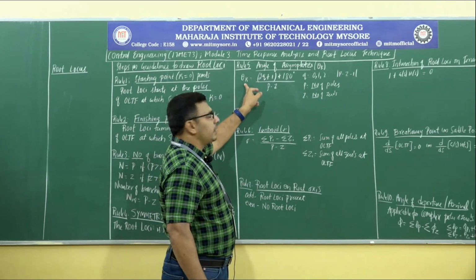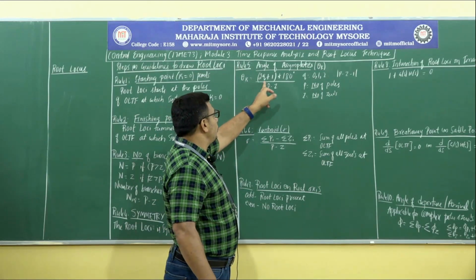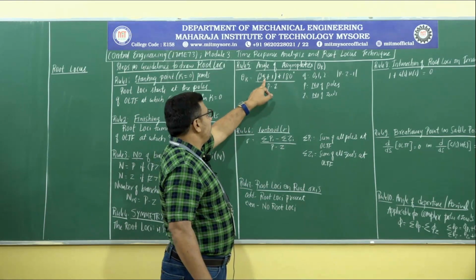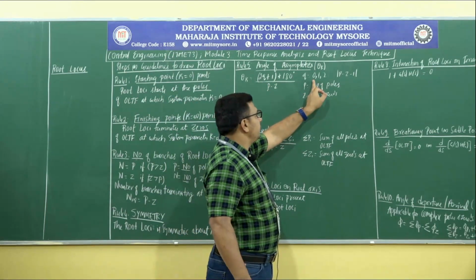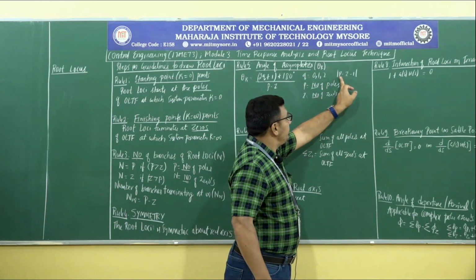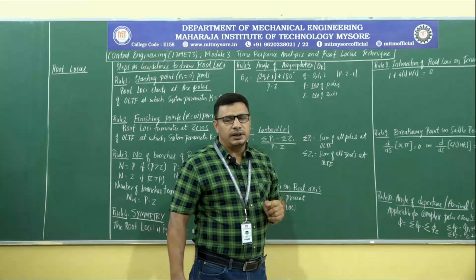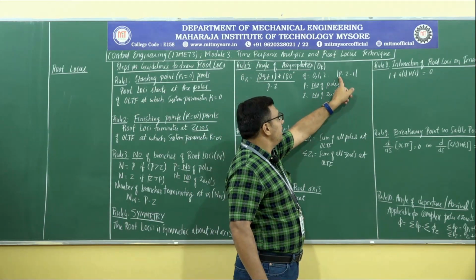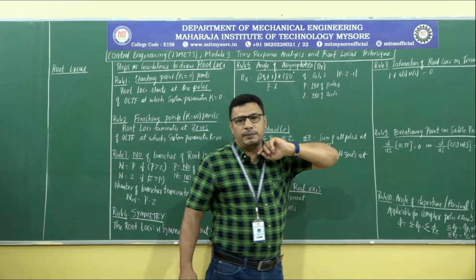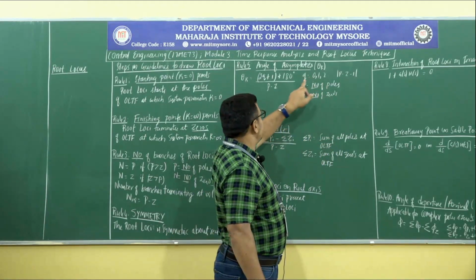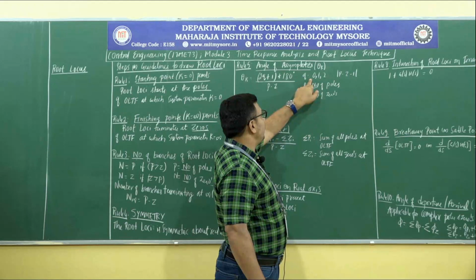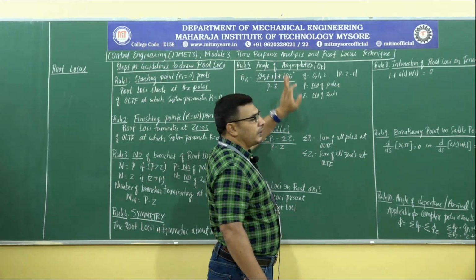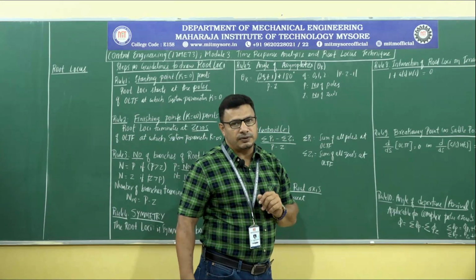That is given by theta k. Theta k is equal to (2q plus 1) into 180 degrees divided by p minus z. Now what is this q? Q is given by 0, 1, 2 up to modulus of p minus z, minus 1. One thing is very, very important here. I told up to, I did not tell the value, just modulus of p minus z minus 1. You have to start giving the value of q as 0. Theta 0 is equal to (2 into 0 plus 1) into 180 by number of poles minus number of zeros.